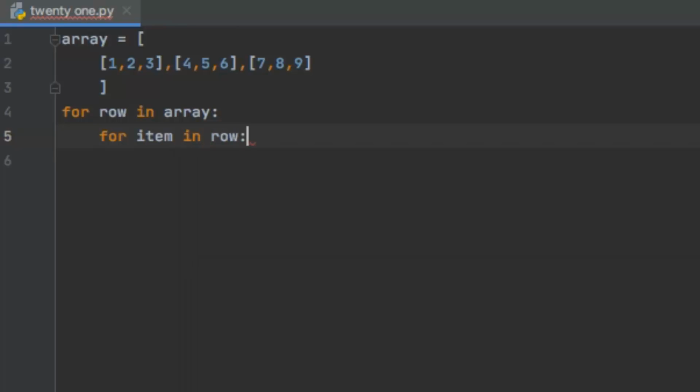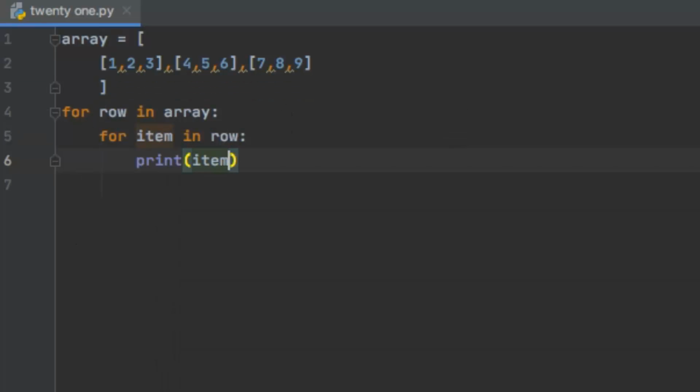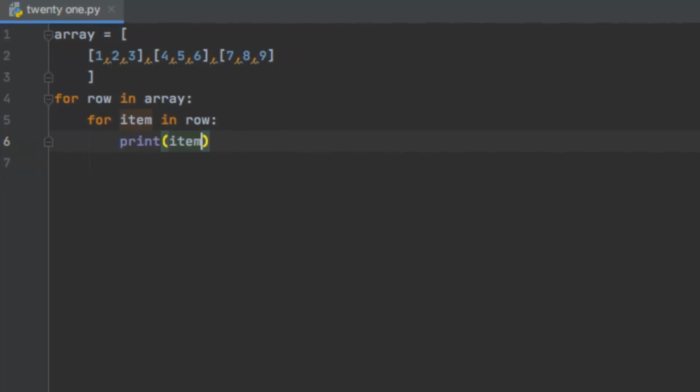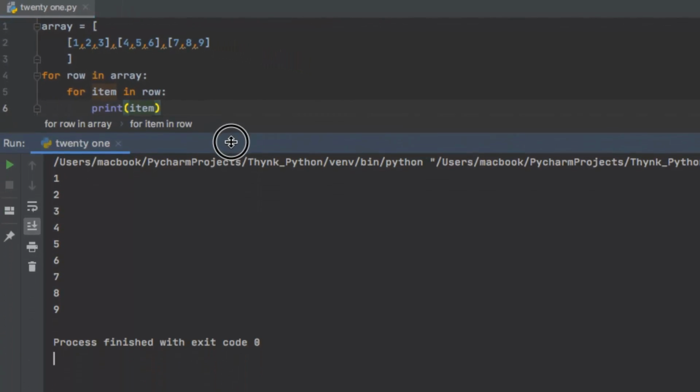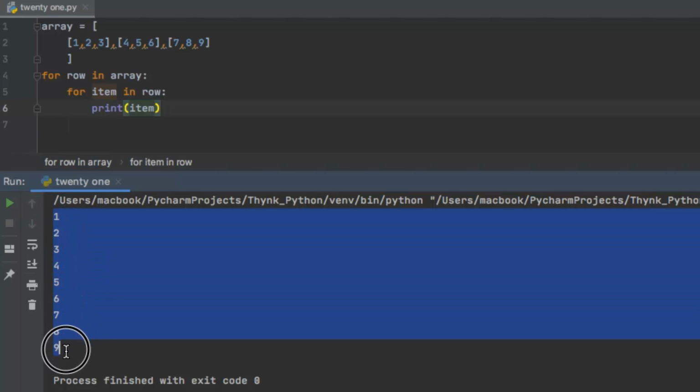This would iterate over all the items present in the row, and I say print item. Alright, we run the code and see what happens. Perfect. So we have all the items of the two-dimensional list printed here at the output terminal.